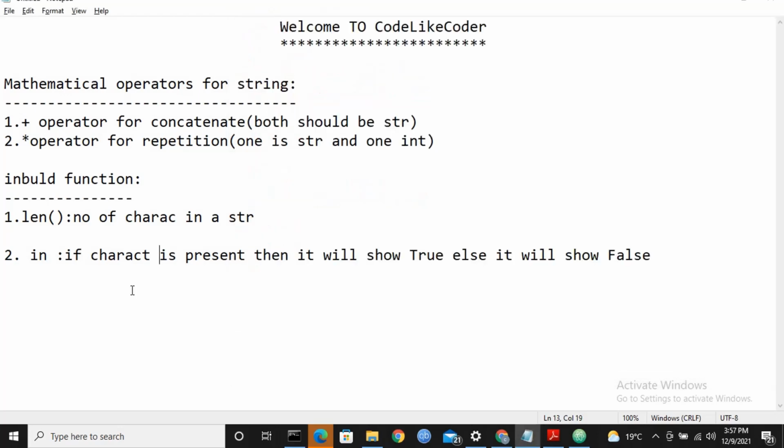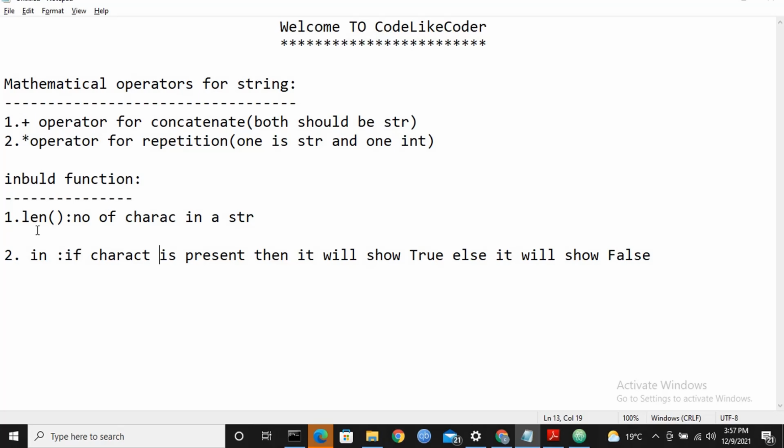So let me conclude this video here. We discussed the mathematical operators on strings. We discussed the plus operator. We use the plus operator to concatenate two strings or more than two strings, but all should be string type only. And we use the star operator for repetition. One should be a string and one should be an integer. It is compulsory.